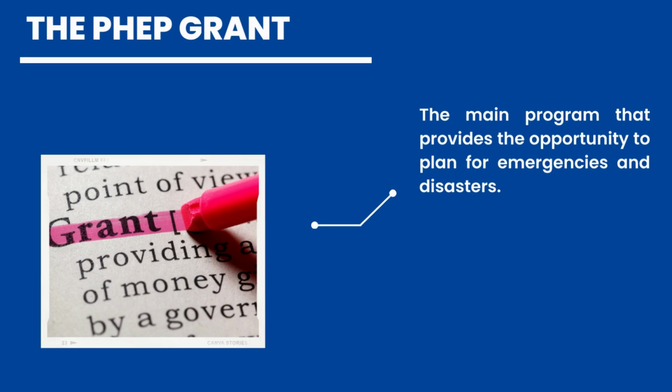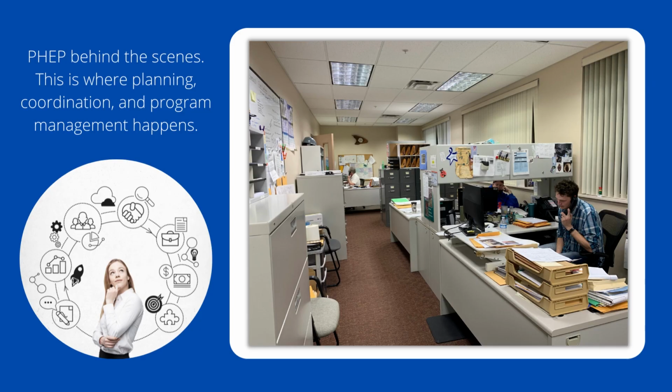The intent of this grant is to promote planning within the local health department, reaching out to their local, regional, and state partners. The grant continues today and has changed many times, but its goals and outcomes remain the same. That goal is to have local health departments that are ready to respond and operate during emergency and disaster events. Here we see planning activities taking place behind the scenes. These are critical for PHEP programs and coordination.